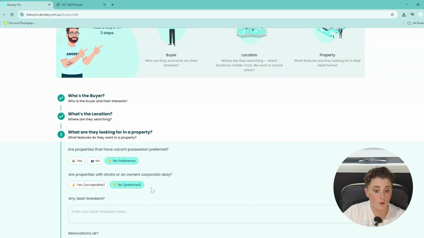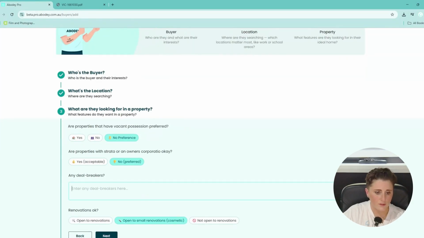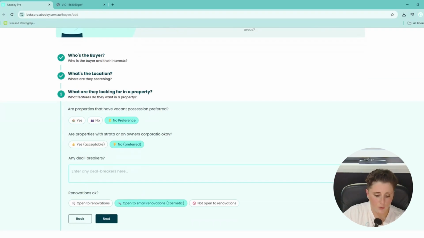Properties with strata or owner's corp, okay, no preferred, right? So you prefer no owner's corp. Deal breakers. So deal breakers for investors could be, prefers rental yields sitting at a min of